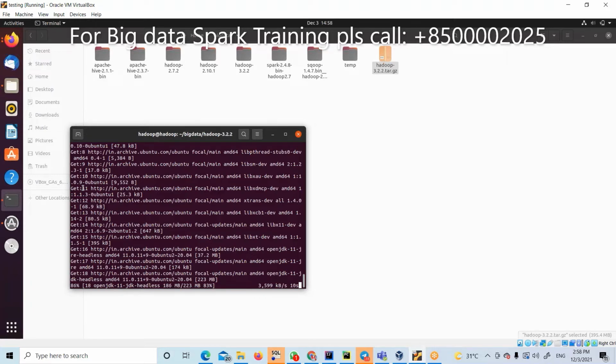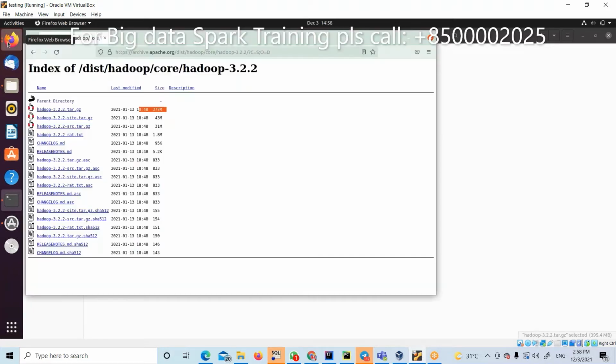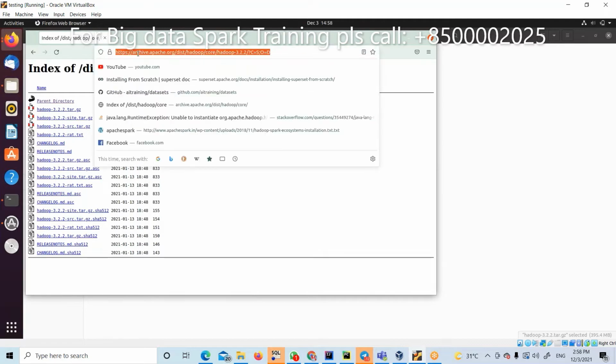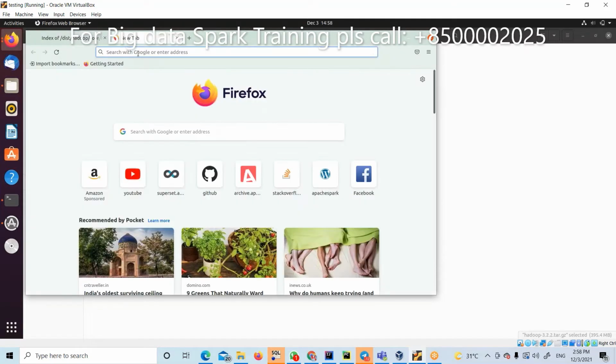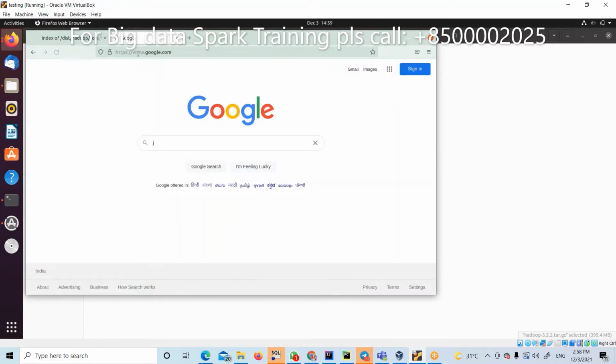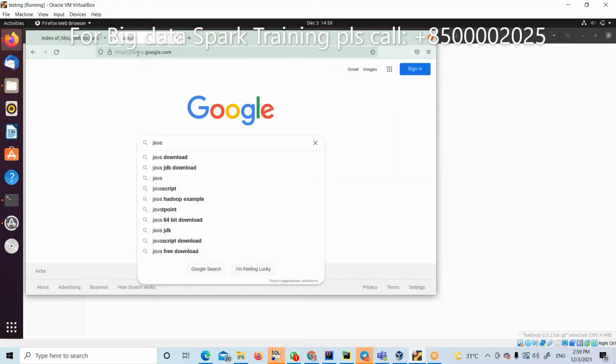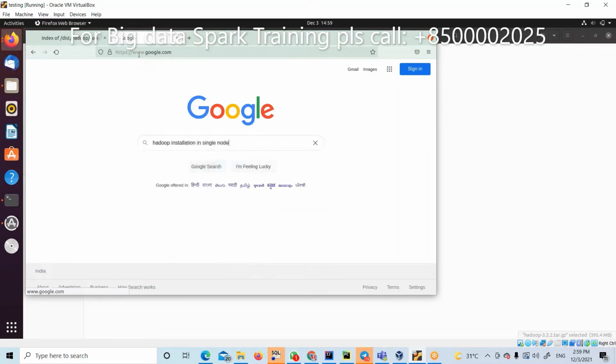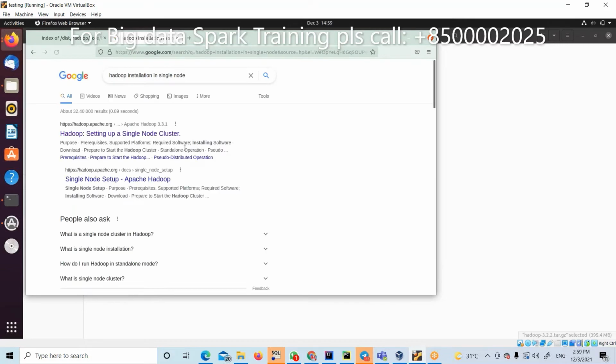Next, Hadoop installation, single node. If you want, Google it.